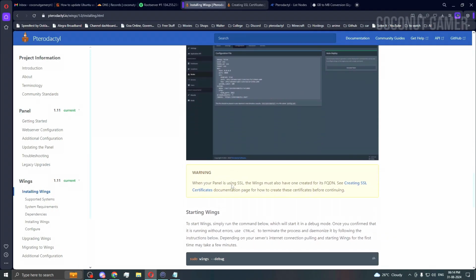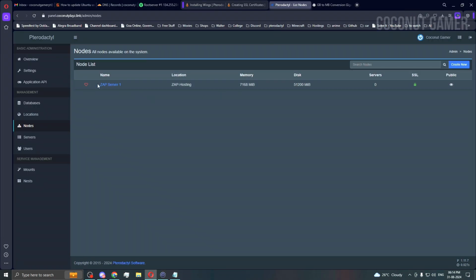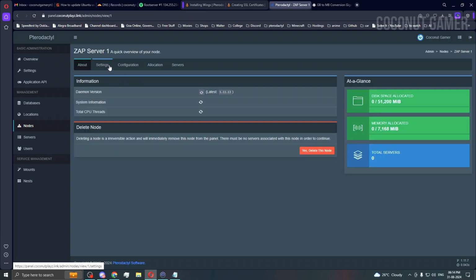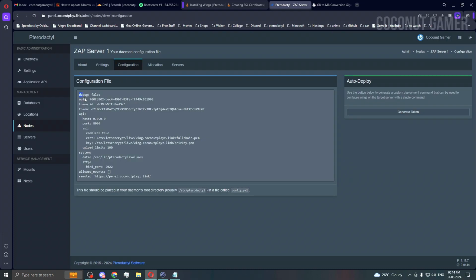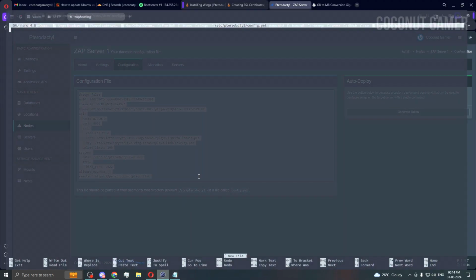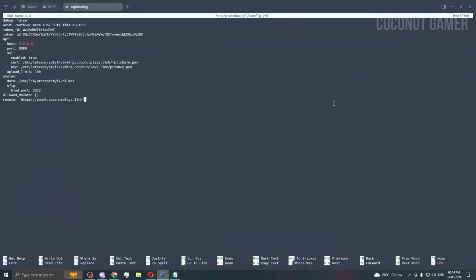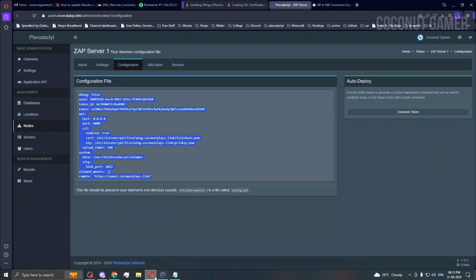We are making a new file over here, so we need to go back to our node. Okay, click here and configuration, and you need to copy this file. You can directly do it via your auto deployment, but sometimes you have some issues, so you can just ignore that step, the automation. You can just directly do it. So Control O, enter, Control X,